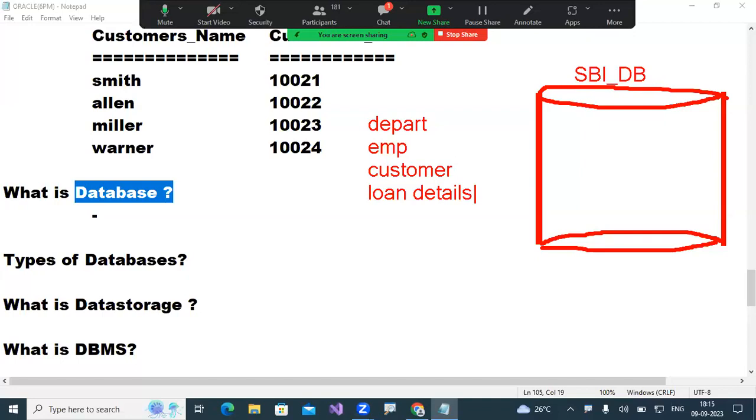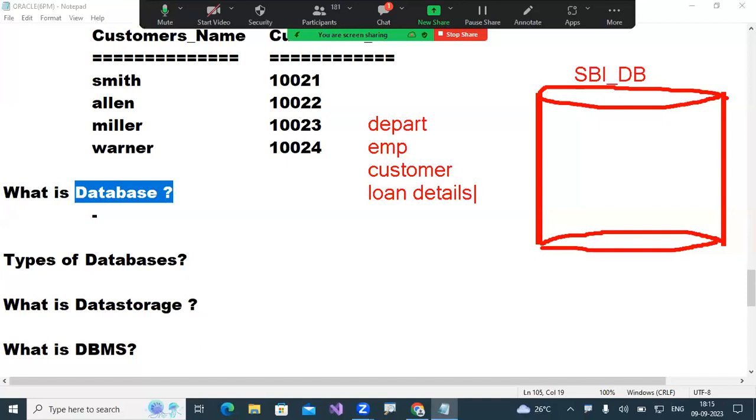But in our databases, especially Oracle databases, how can the data be stored and the information organized here? All of you know these are relational database management systems. These relational databases always store the data in the format of tables. So for storing my departments, employees, customers, and loans, these details I want to keep in one memory location, and I can keep them in the format of a table. That means how many tables do I want to design?